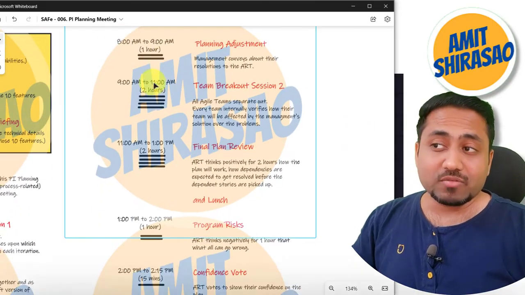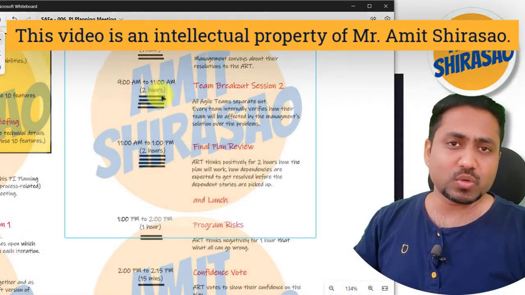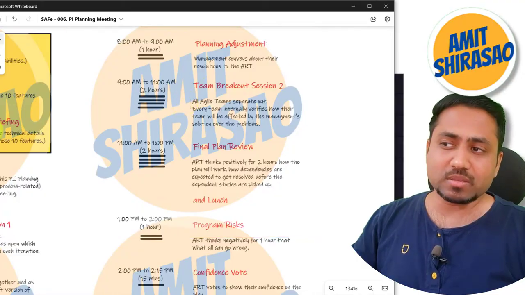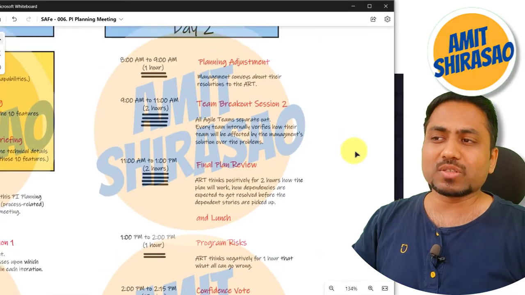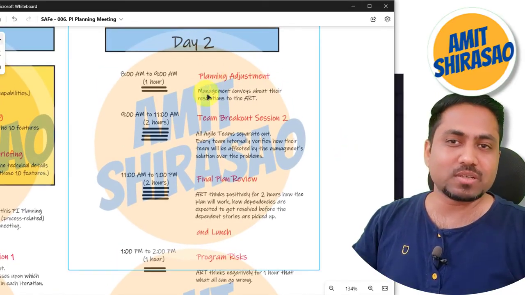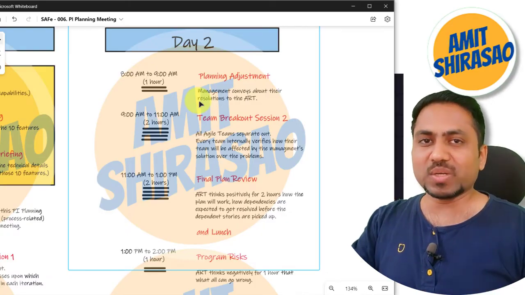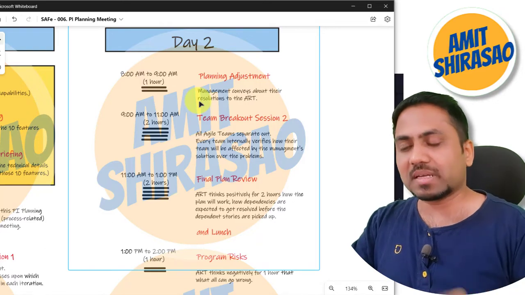Then after that, there is once more team breakout session 2. Now this is only for 2 hours. It is not for 3 hours like the earlier one. The earlier team breakout session in day 1 was 3 hours. Now this is only 2 hours. Why? Because not much adjustment has to be done. The adjustment is only this adjustment which management has just explained to you. So only a couple of teams will be affected due to it. Okay, and even they can understand what all changes are there, so it's understandable.